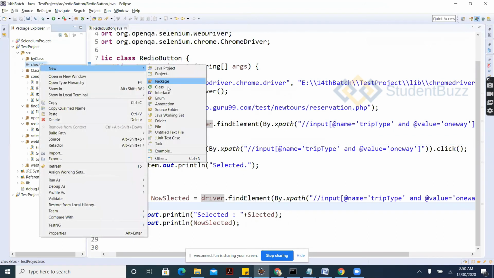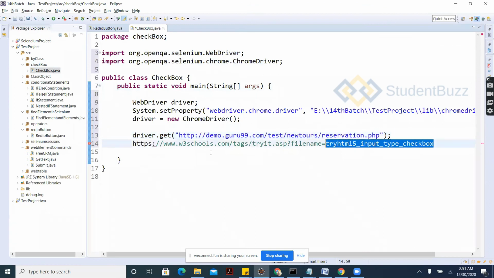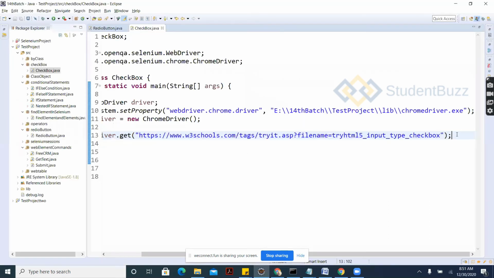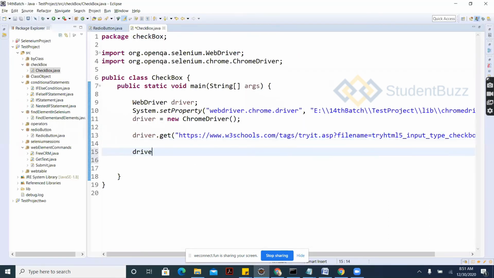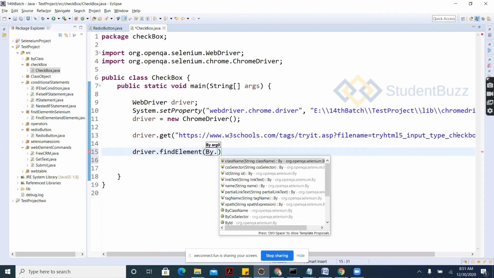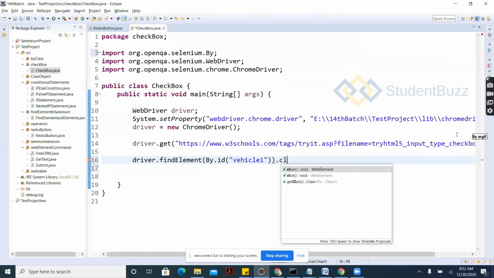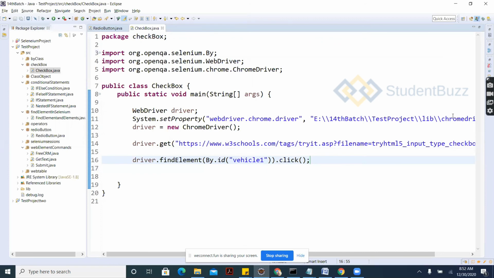Get a class, and I'll change this URL to the page having this operation. Try to use this ID. Driver dot findElement dot ID, the value is this. What operation do we do? A click operation for the checkbox as well. So let's do it directly.